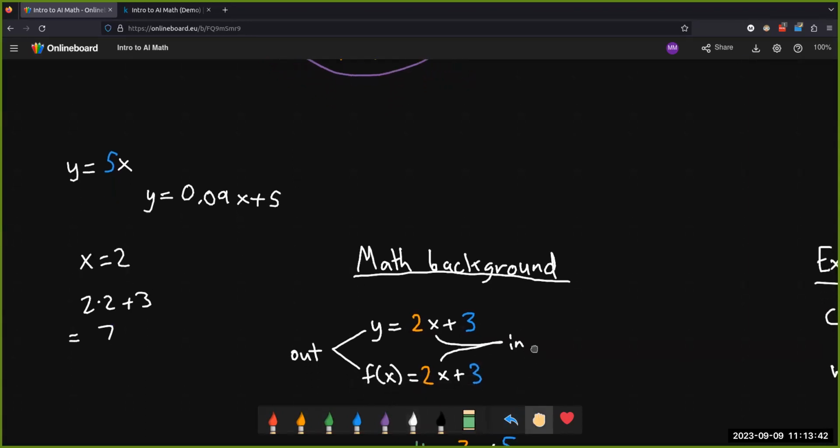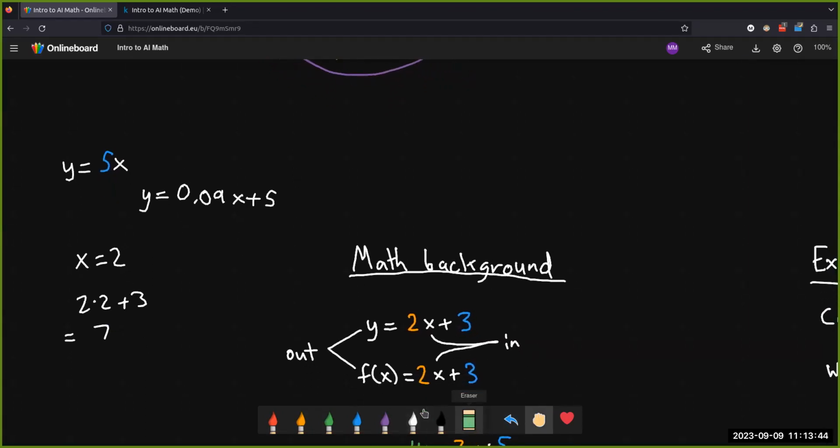Another math notation for this is function notation. Function notation is very useful in computer science because basically all of the code we write, we like to organize into things called functions, which do the exact same thing. They just take in some input variable, modify it around, and then that results in the output. So these two things are just notational differences. They say the same exact thing. They tell us the relationship between this input and this output.